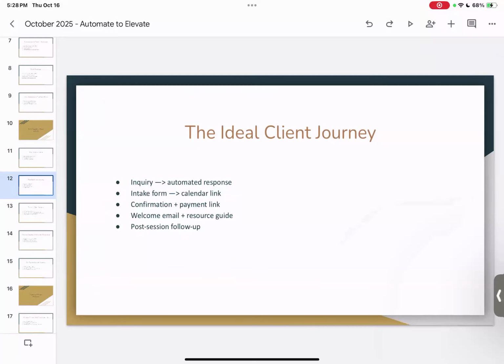Oh no. Yeah, so the whole goal here is you want to create an environment where it's not so hands off. There's certain elements where you do have to be very customer servicey. However, it's going to make your life a heck of a lot easier when you have systems in place for others to do the work that you would have normally done by yourself. At the end of the day, you want the client, when they join in, for it to all feel intentional for you and for them.